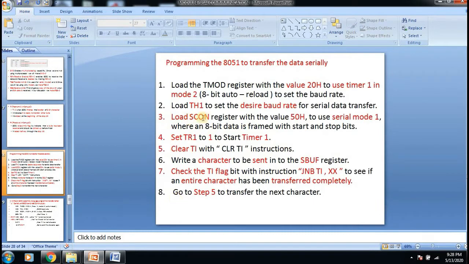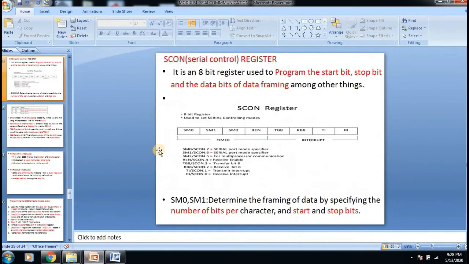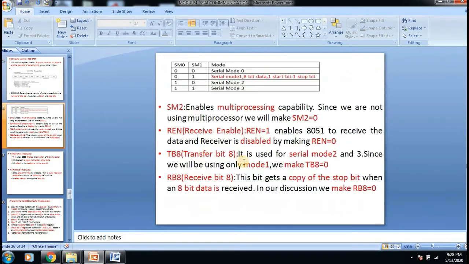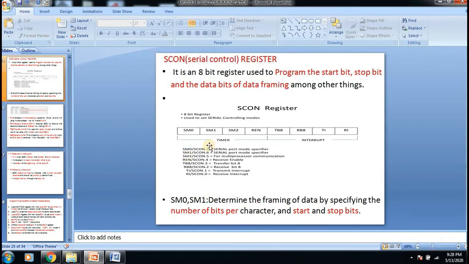Next we need to load the SCON register with the value 50H. As I told earlier, we always consider serial mode 1, which represents 8-bit data, 1 start bit and 1 stop bit. So these bits will be 0 1.